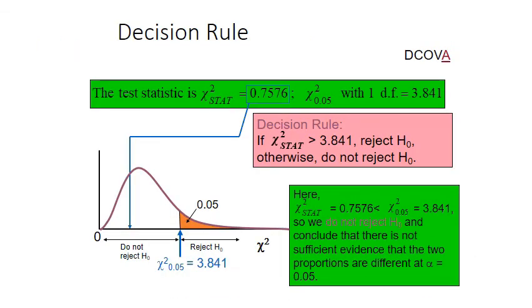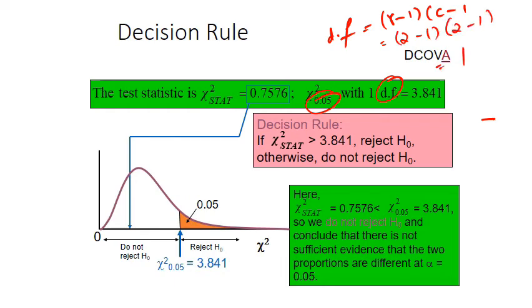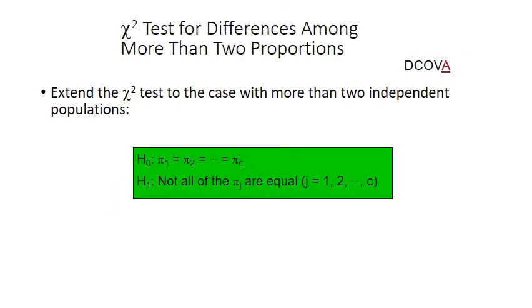Now we check the value in the chi-square table, like we have other tables. Similarly, we have a chi-square table against alpha and degree of freedom. How do we calculate degree of freedom? Degree of freedom is the number of rows minus 1 times the number of columns minus 1. Like you can see, we had two rows and two columns, so it is 1. In the chi-square table, against degree of freedom 1 and alpha 0.05, you will get 3.841, and the table is given at the end of your book.